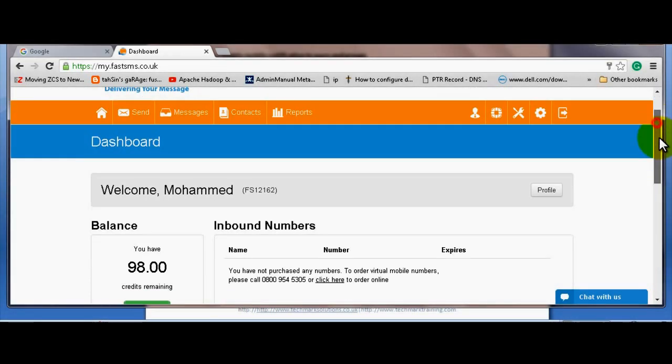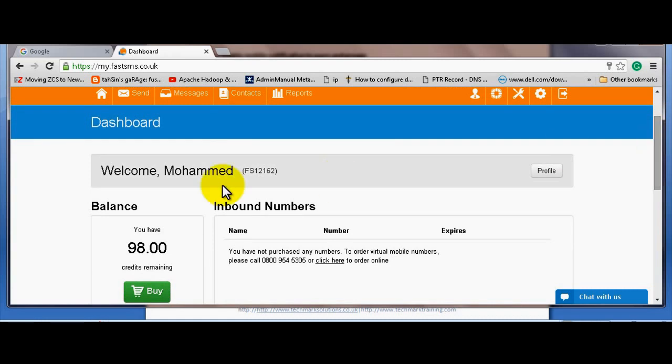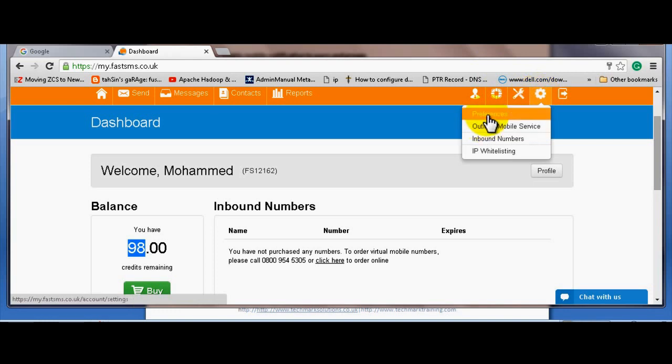I have 98 balance credit remaining. I can send almost 98 SMS through this account. That's how my account has the balance. So what I can do here is create the API key. I need to get into the preference setting. Before getting into the preference setting, where is